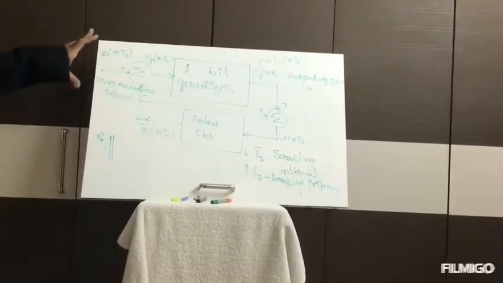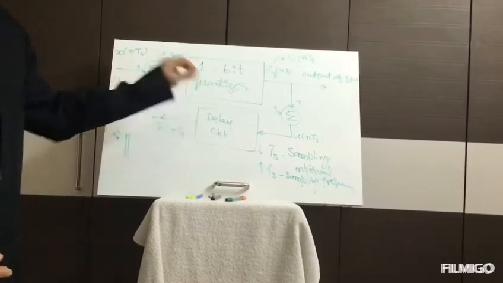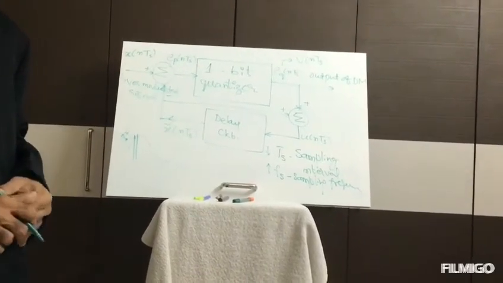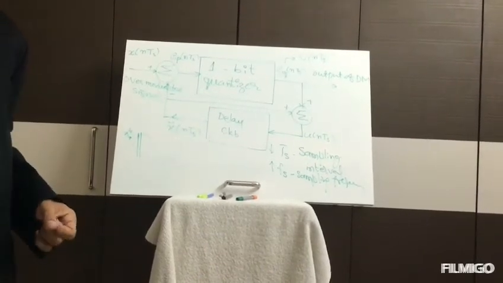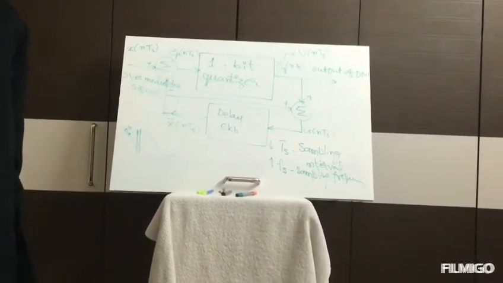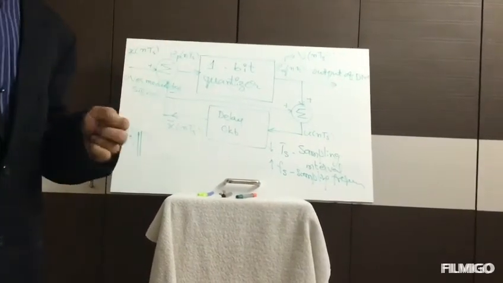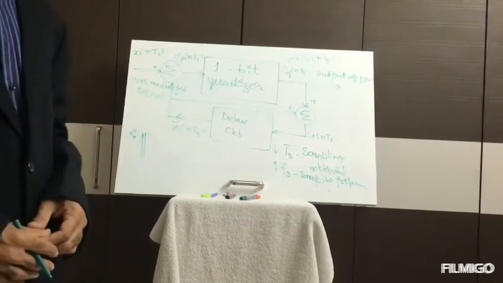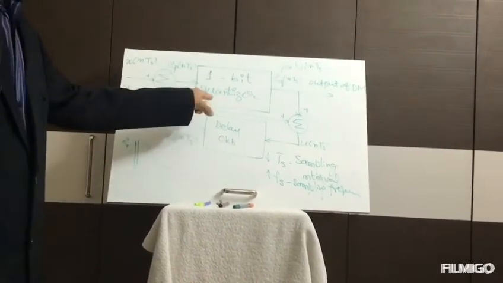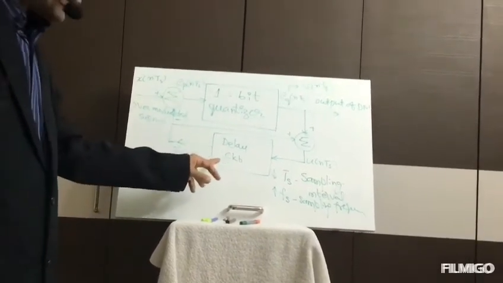So understand here, there are basically two important blocks here. One is the 1-bit quantizer, as we use a 1-bit quantizer in the case of delta modulation because the relative amplitude will be transmitted after encoding, not the absolute value of the sample, in either DPCM or in delta modulation. Hence a 1-bit quantizer is employed here. What is the other block? That is the delay circuit.